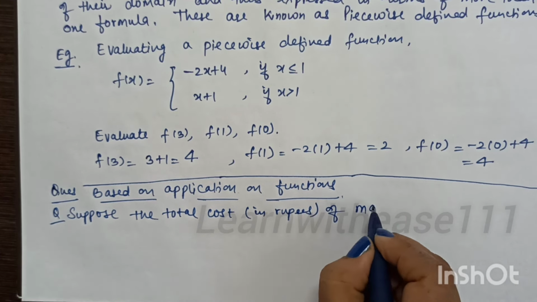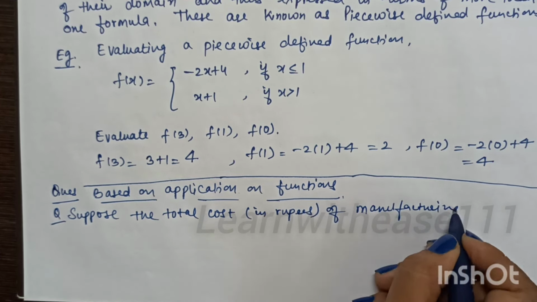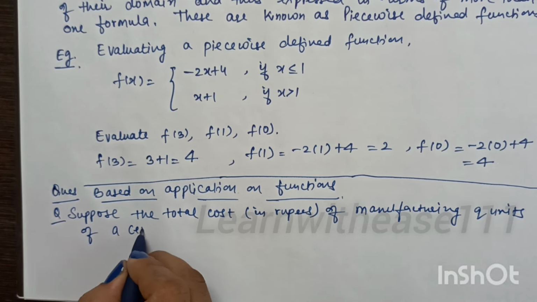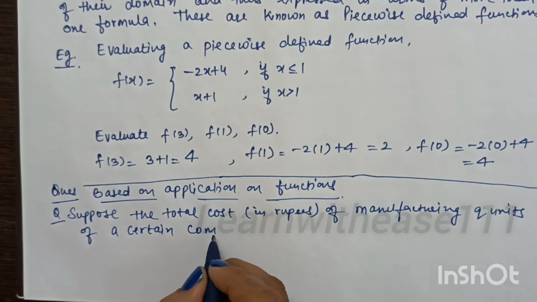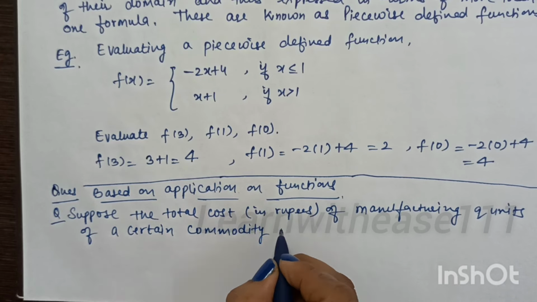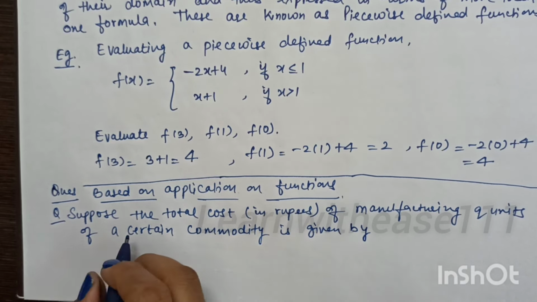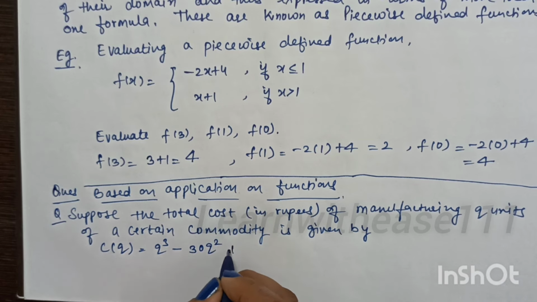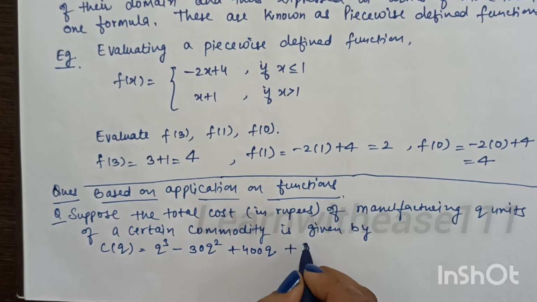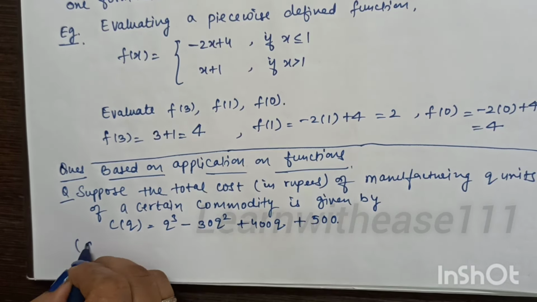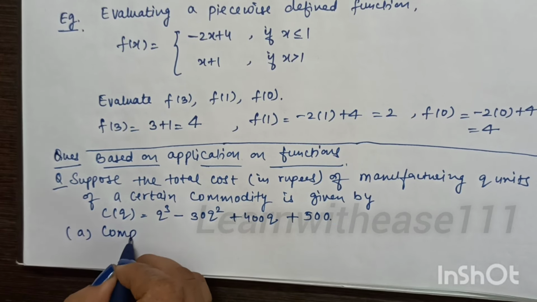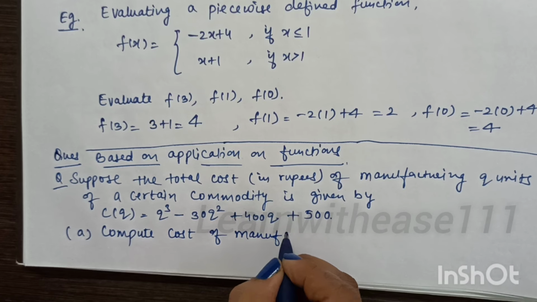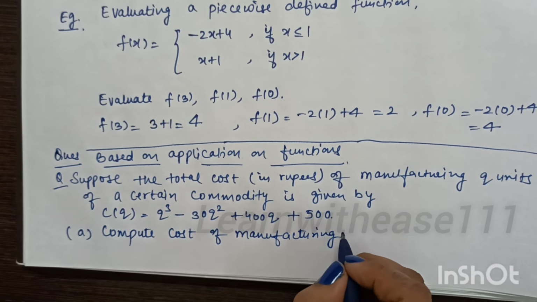For example, here the total cost in rupees of manufacturing Q units of a certain commodity is given to us in the form of a formula, in the form of a function C of Q. Q is the units over here for the commodity. So C of Q is given to us in the form of a formula, and we need to compute the cost of manufacturing 20 units in part A,